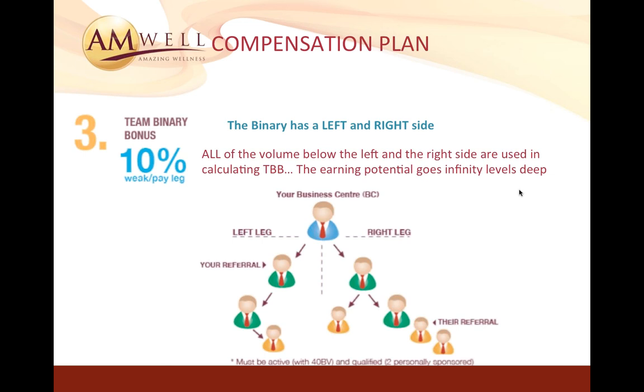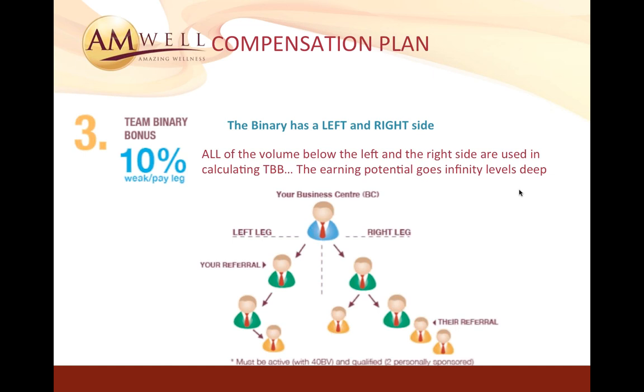Let's say anybody that is in yellow was sponsored by these people in green. So you don't even have to know these people in yellow. All you did is bring in these 4 people here in the green, and they started doing the same and replicating and signing up new members. So those people in yellow are all the direct enrollments for the green people, and all your green people are your direct enrollments. So you don't even have to know people.